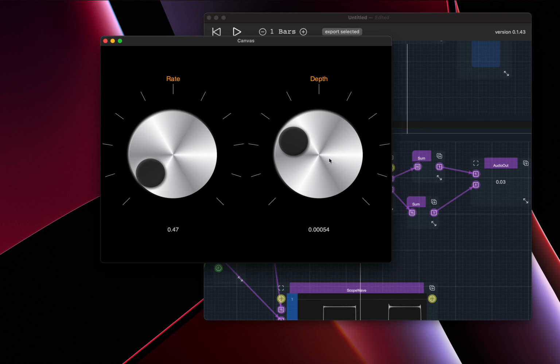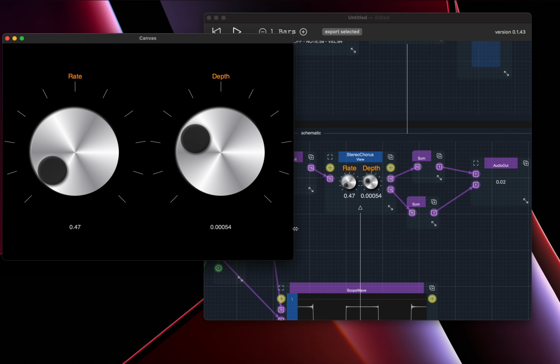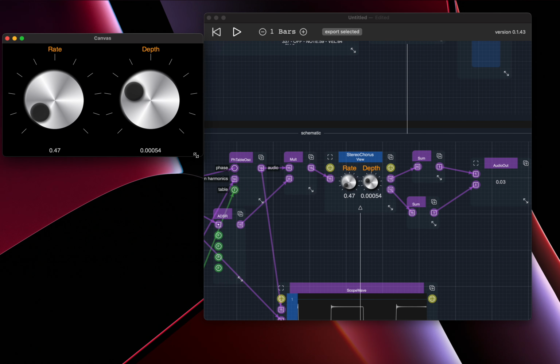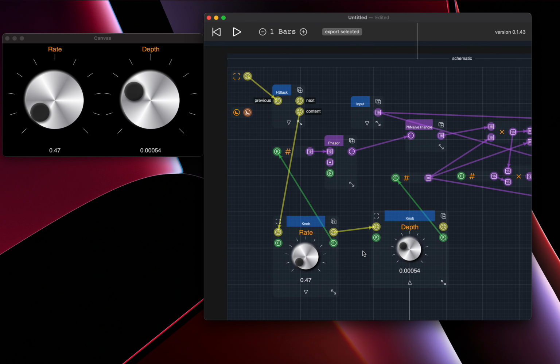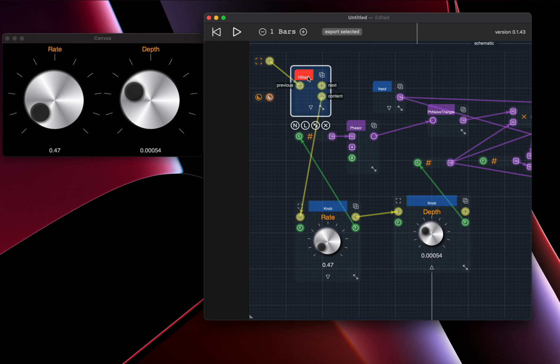So now we have our user interface for our chorus, and this can be minimized. That's a bug with the labels, so I'm going to hide the labels. Okay, so this can be minimized,